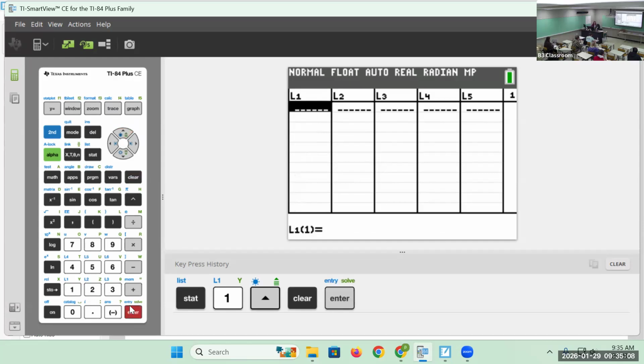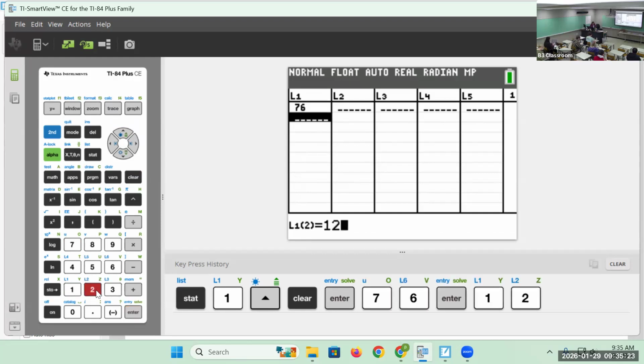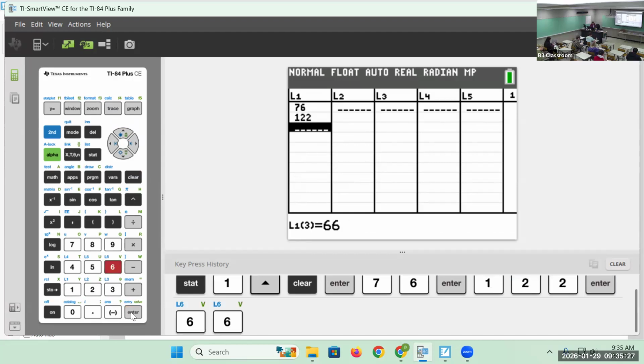And now I'm going to start entering them. And you should do the same. Like I said, it's a little bit tedious. I'm going to actually enter the columns because it's easier for me to keep track of it. So I'm going to start with the first column, 76, press enter, 122. You press enter after every entry, 66, 76,